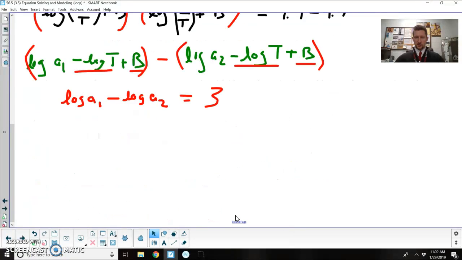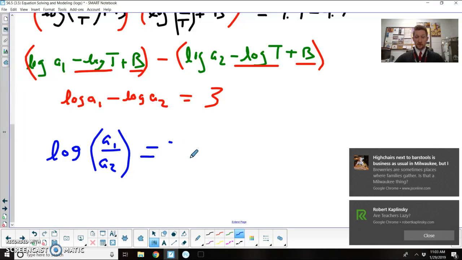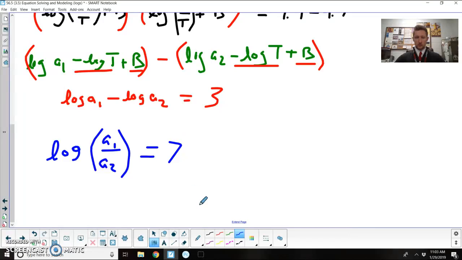So let's continue to work with our logarithmic properties here. I'm going to combine these two things into one logarithm. Again using the quotient property, but now condensing, I have the logarithm of A1 over A2. So I'm comparing one magnitude to the other, and that's equal to 3. So as I solve this logarithmic equation,